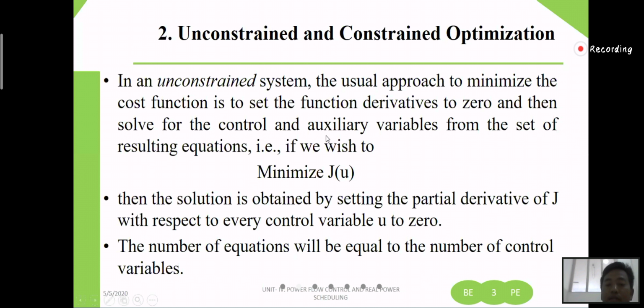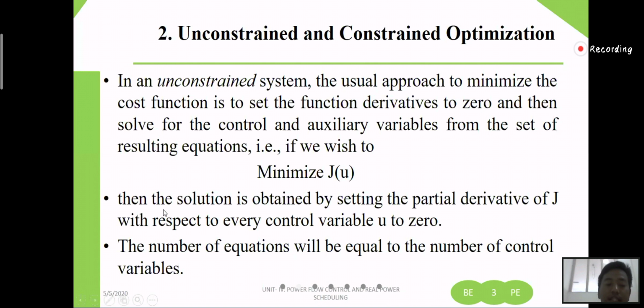Okay, so that means what we have to do is set the derivative to 0 first and then solve for the control and auxiliary variable from the set of the resulting equations. Okay, with an example I will explain that and you will clearly understand this. Then what you can do is, first you have to do this and then you have to minimize this cost function and then you will put it in the form of a matrix